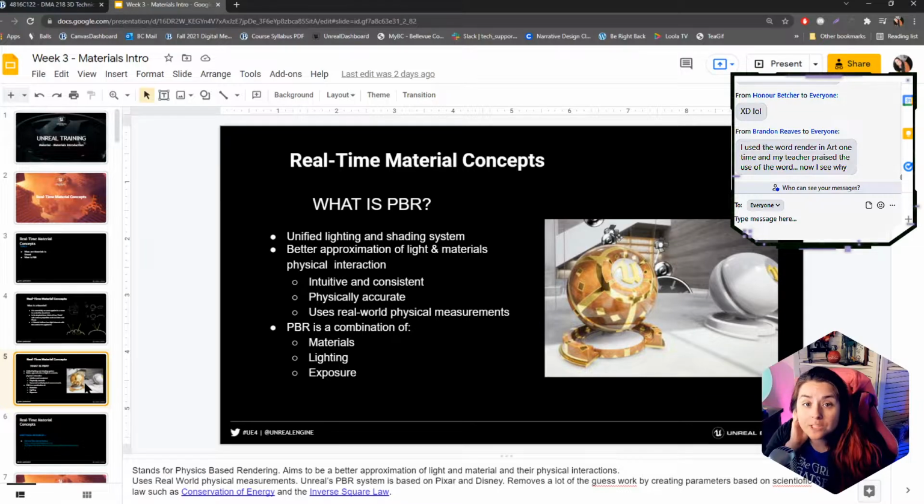Computers did not always do this for us. When I say computers, I mean we didn't always have PBR. It was even like 5-6 years ago before it started to really affect the mainstream of our pipeline. Before, we would have to eyeball and approximate how metal behaves with light. And so some of us old artists, like your favorite 3D teacher, Neho, had to remember the warm and cool